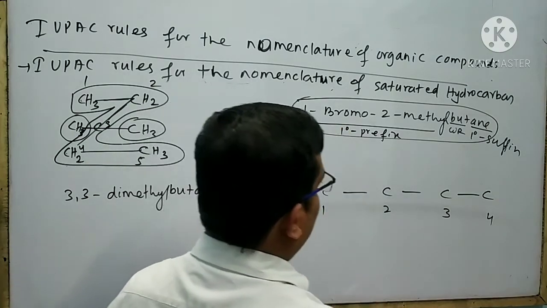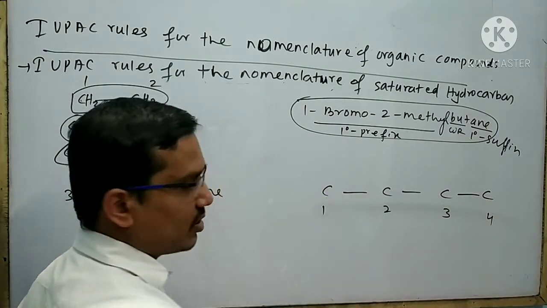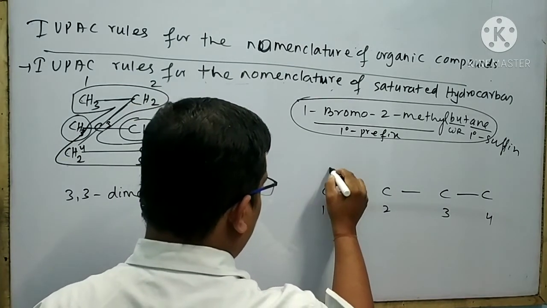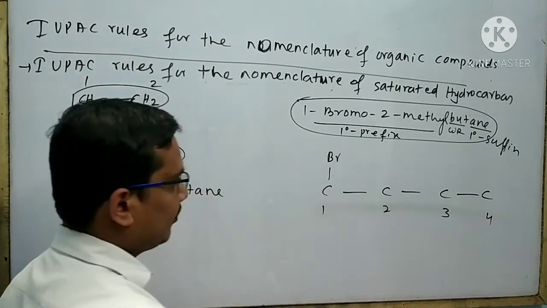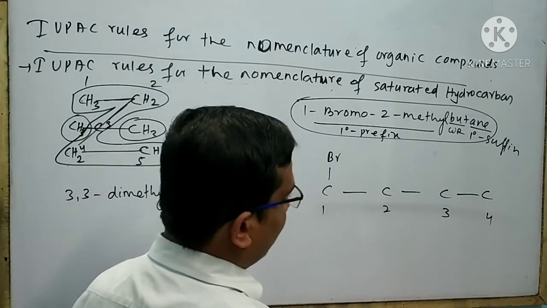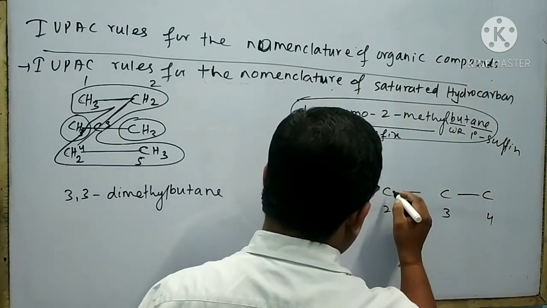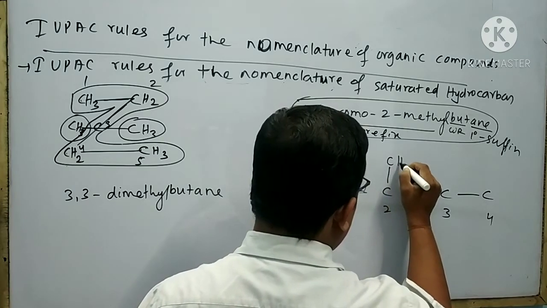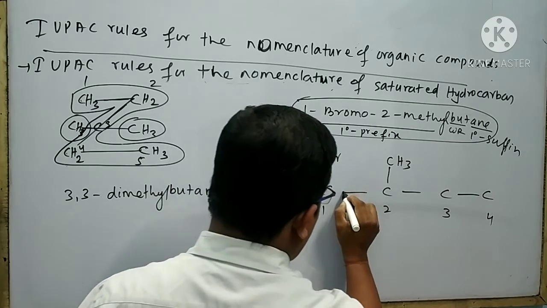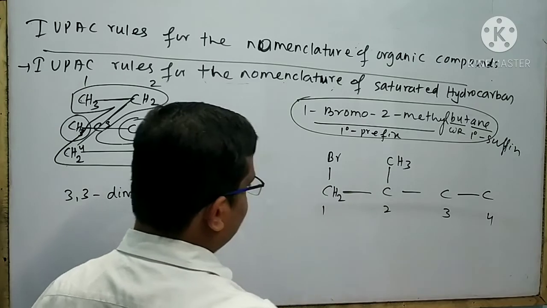Look at that, in the name 1 bromo is given, that means a bromine atom must be attached to the 1 number carbon. So it is bound to write your 1 bromine. In the name, at the 2 number carbon atom methyl substituent is attached, so it is bound to write your bond CH3. Look at that, your 2 covalent bonds are present, so it is bound to give 2 hydrogen atom.